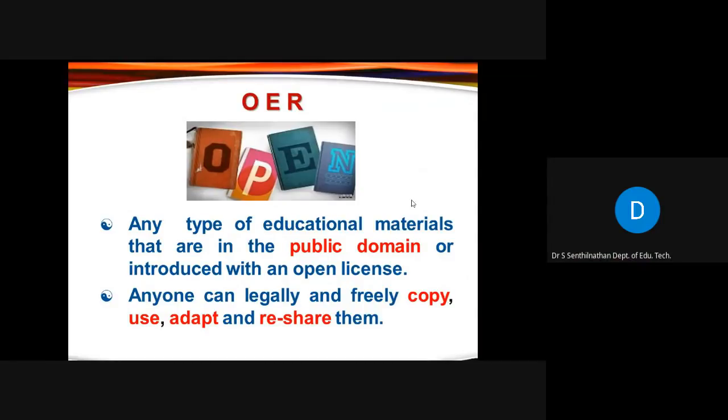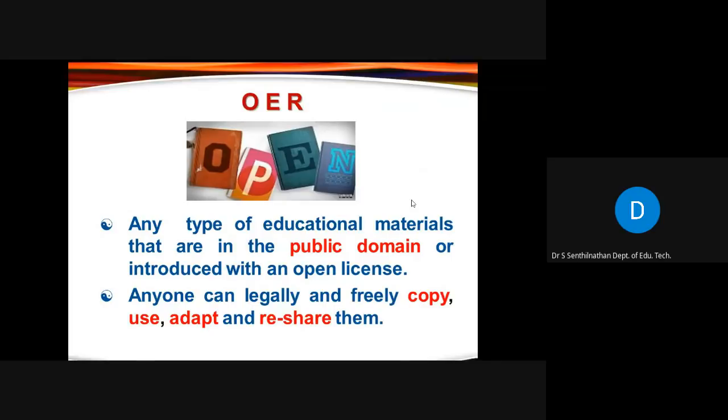And the most important feature of OER is that anyone can freely copy, use, adapt, share these contents. Anyone can do it. Importantly, anyone can do all these things with educational contents legally. That is more important.